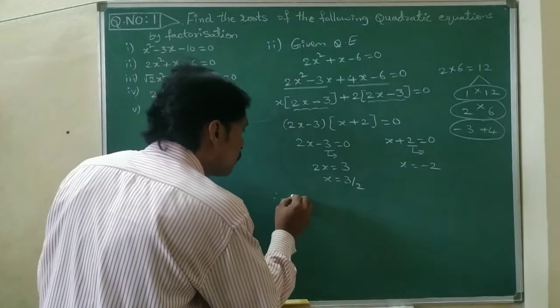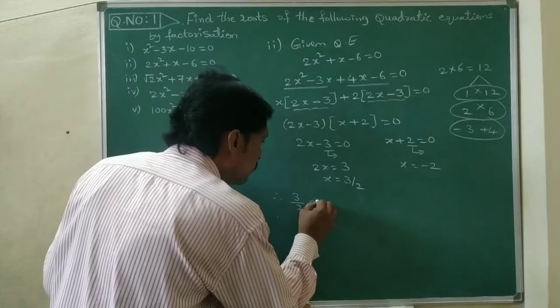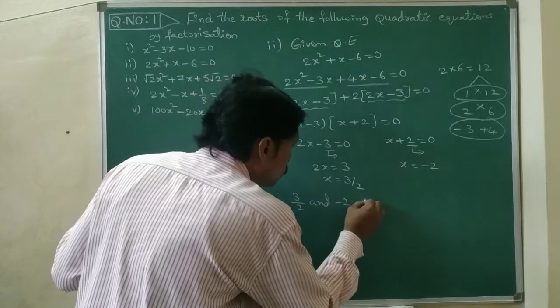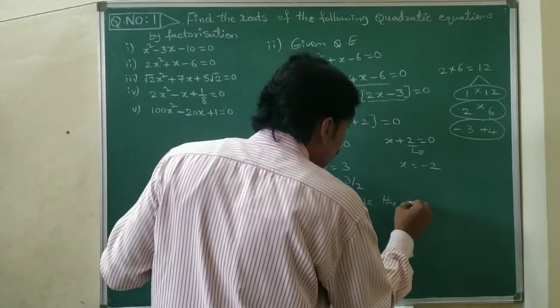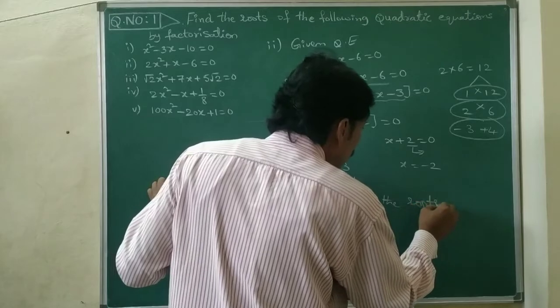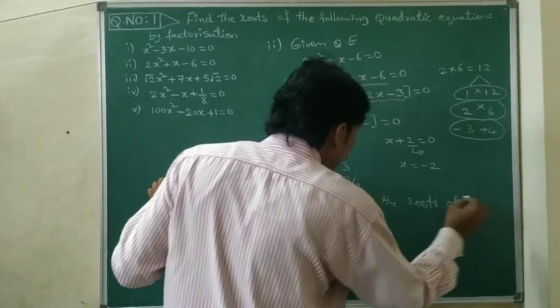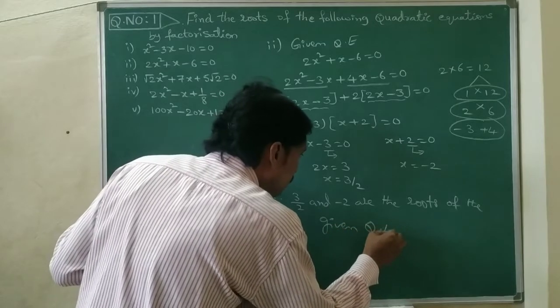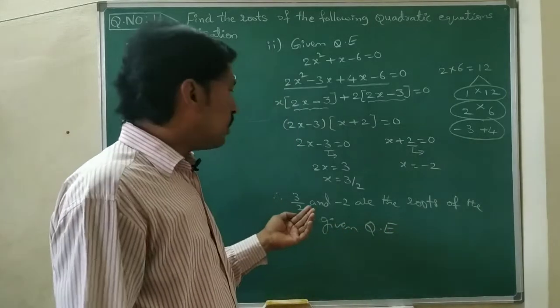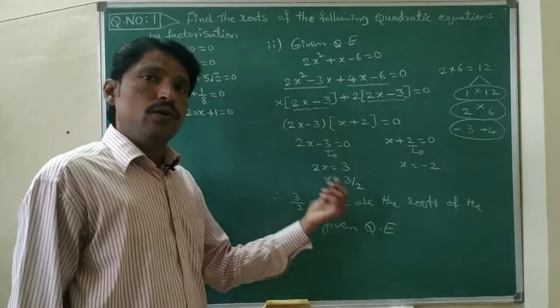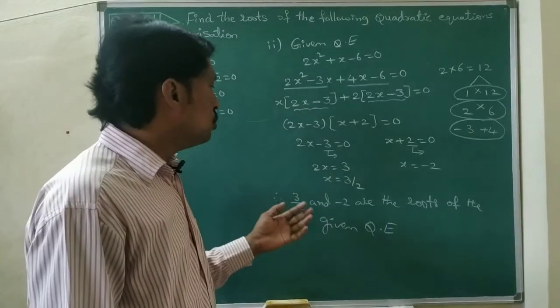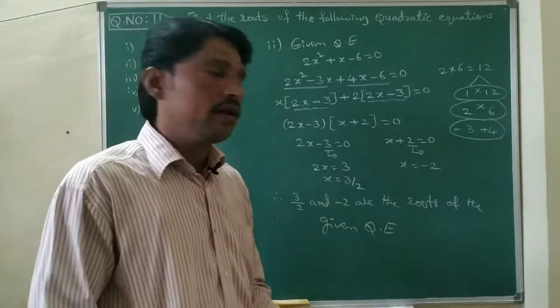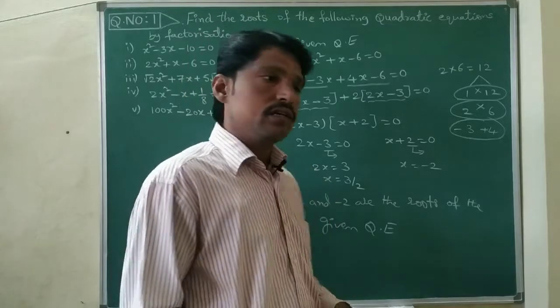Therefore 3 by 2 and minus 2 are the roots of the given quadratic equation. So both 3 by 2 and minus 2 are the roots of the given quadratic equation. Next, third